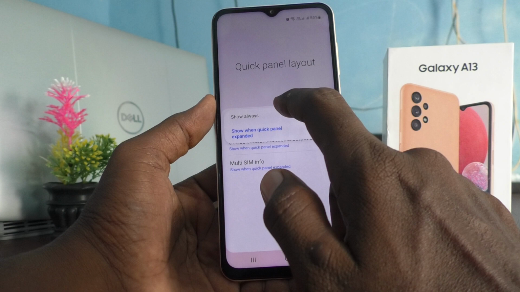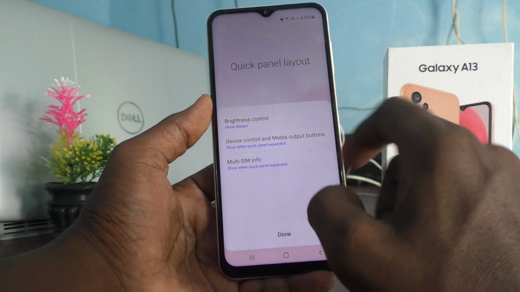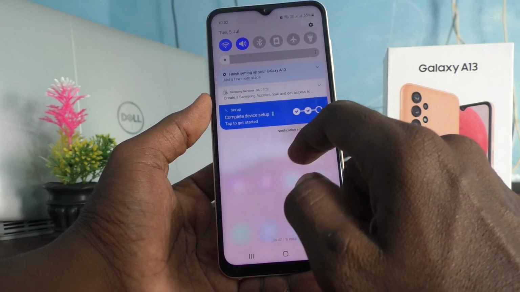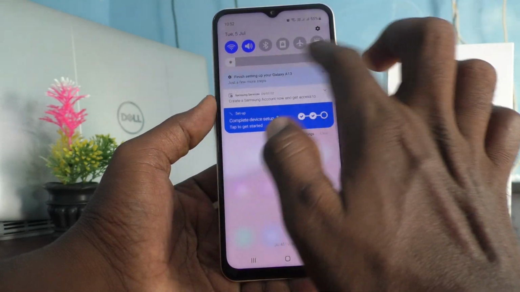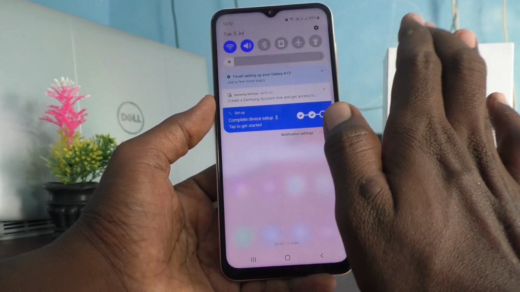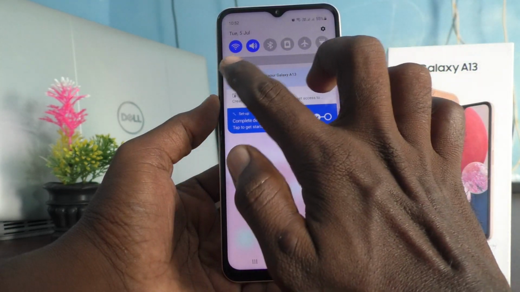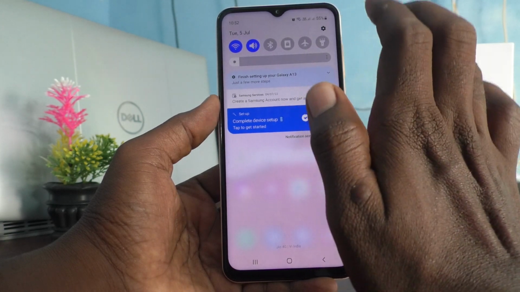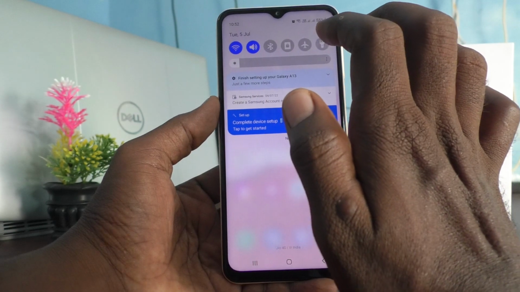You can also set it to show always, so every time it will be showing. For example, I click on done and see here in the non-expansion of quick panel it's also showing, so always it is showing. That's the meaning of it. Before that it will not be showing here. If it is selected quick panel is expanded, then it will not be showing here, and only in the expansion